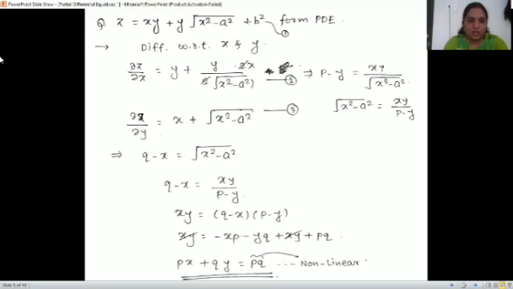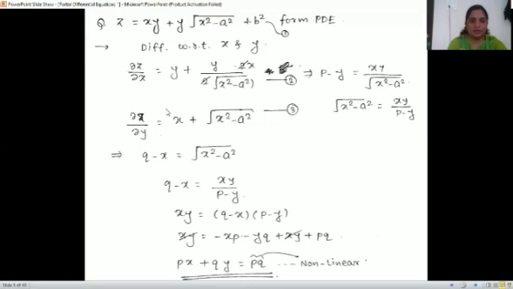So first, differentiating with respect to x, partially, treating y as constant. So we get y plus y constant, and the derivative of the root is 1 upon 2 root into the derivative of that number. That is, x squared's derivative is 2x, and a square is 0 as constant, and the derivative of b square is 0 as b is constant, right? But we have to use ∂z/∂x as p. So it is p minus y is, these two get cancelled, xy upon root x square minus a square.